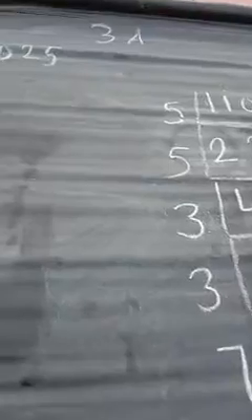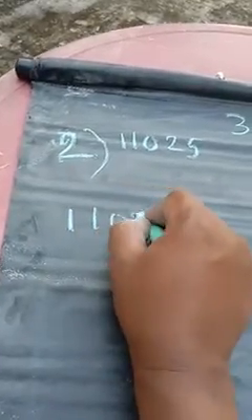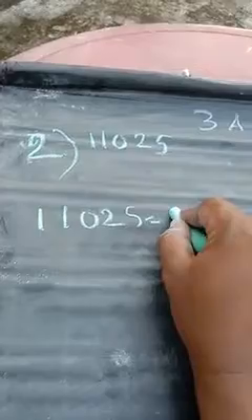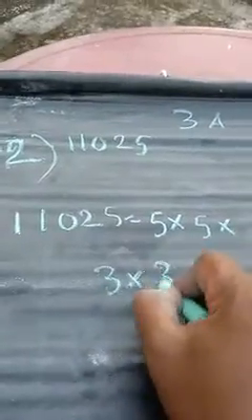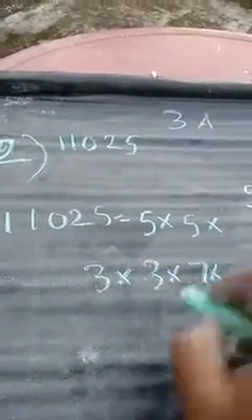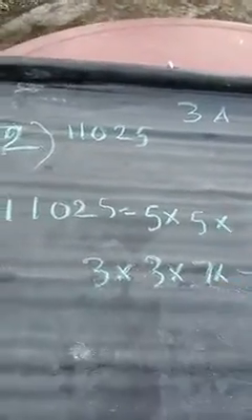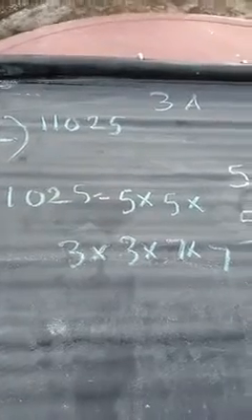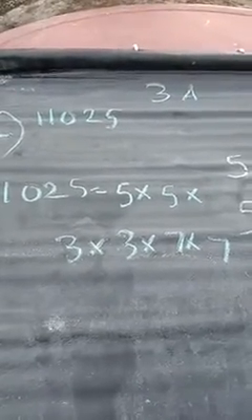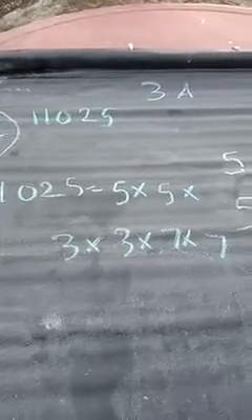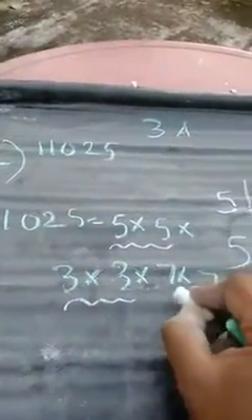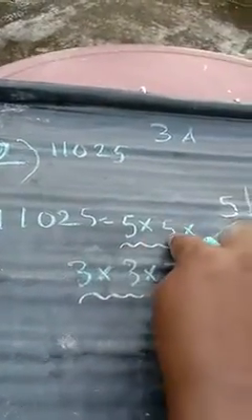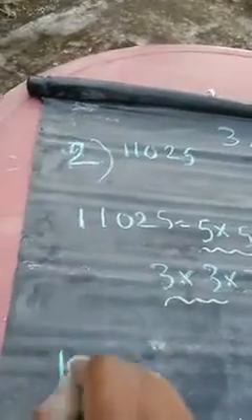Okay. So first, arrange them in groups. 11,025 is equal to 5 into 5 into 3 into 3 into 7 into 7. You can write directly. Here I have no space, that's why I am writing here. Okay, 5 into 5 into 3 into 3 into 7 into 7. See, all these numbers are in pairs. So pair them: 2 times 5, 2 times 3, 2 times 7. 5 into 5, 5 multiplied by 5 itself. So this is equal to